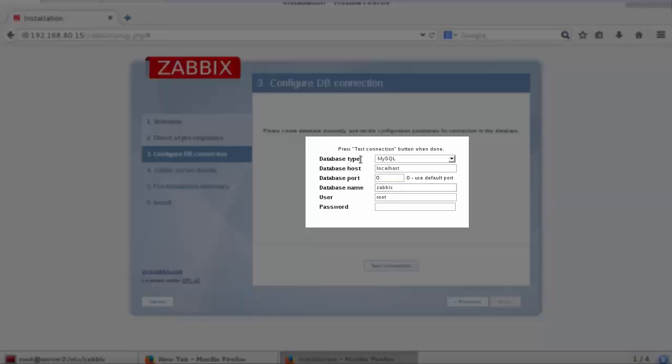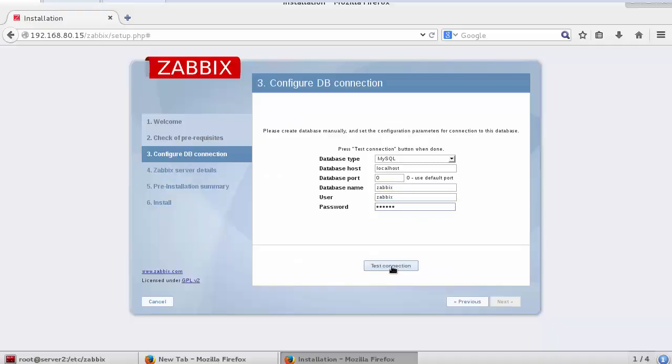The database type here, DB connection. In my case, I will use MySQL, the host name localhost, port number the default, the database name Zabbix, username also Zabbix, and password also the same, Zabbix. Test connection.